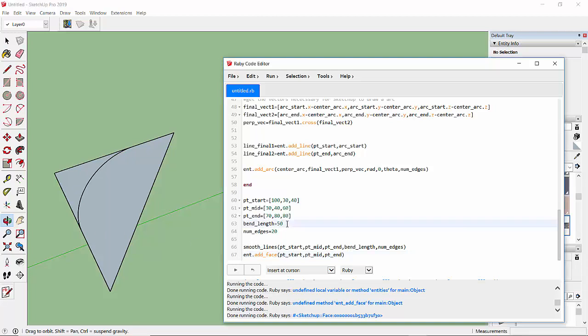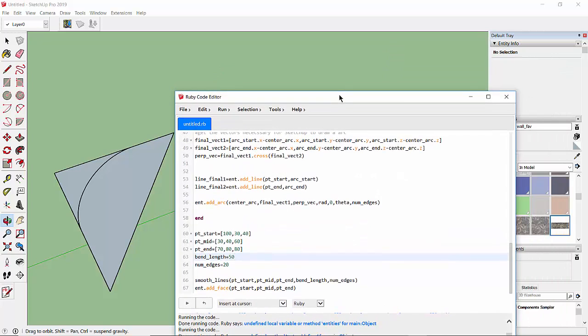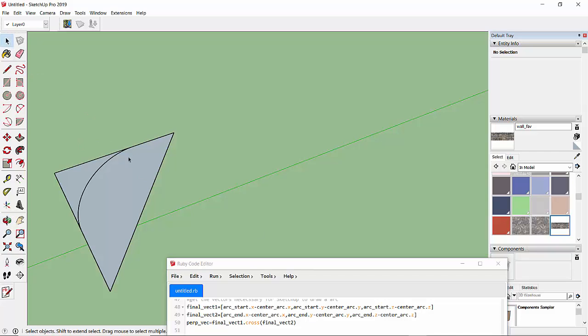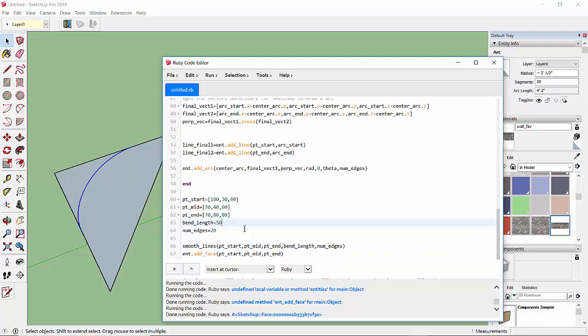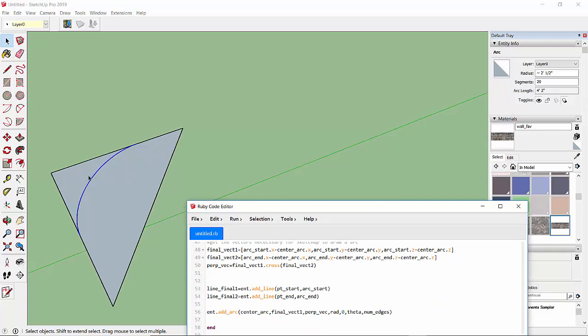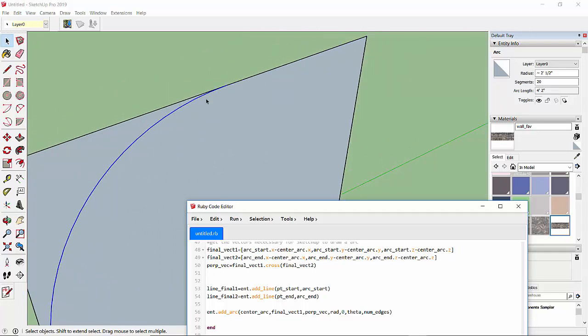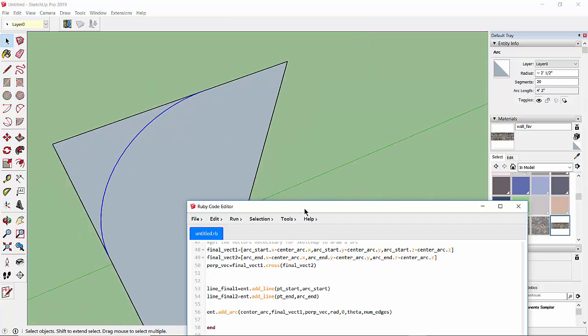We can change the bend length, and we can also check if this is correct or not. Suppose the bend length here is 50. Let's go to the SketchUp model and select this bend, and you can easily see the length is 4 feet and 2 inches. 12 times 4 is 48, plus 2 inches will be 50 inches. So this bend length is 50 inches, and the number of edges that we have provided is 20. That means SketchUp has used 20 edges to draw this circular arc. There are 20 small edges to form this circular arc,